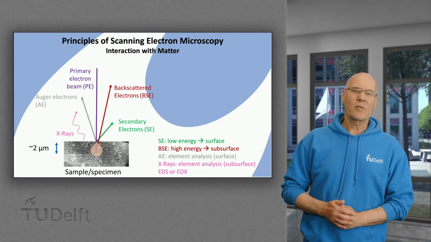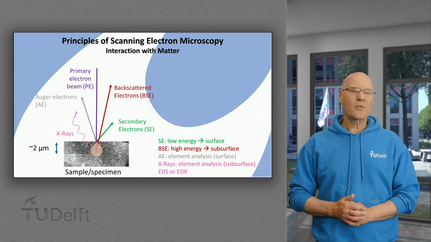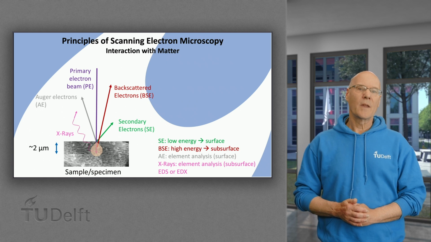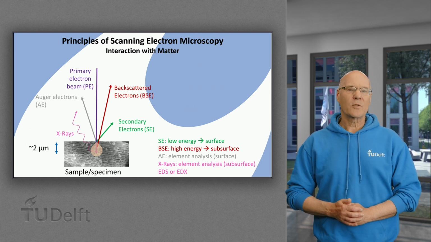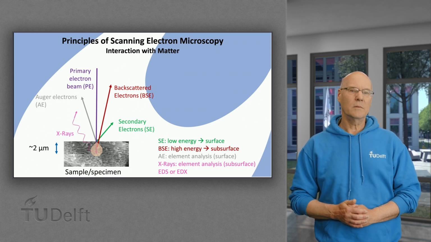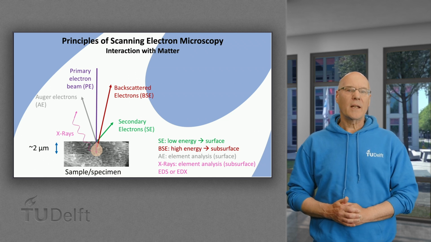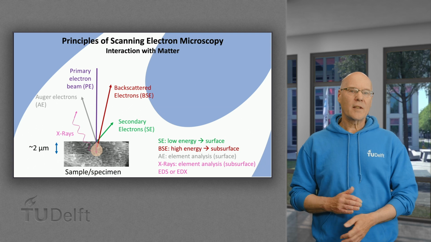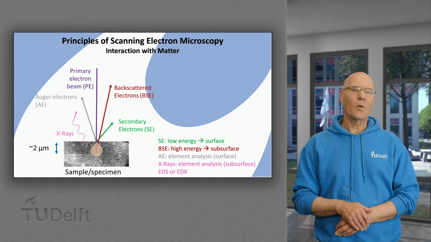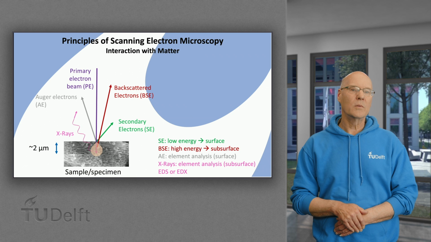The incoming electron beam, the primary electrons, touches the sample and so interacts with electrons and the nucleus of sample atoms. Direct interaction with electrons will result in secondary electrons that will be released from the sample. These then will be detected by the so-called secondary electron detector. This detector shows the surface of the sample due to the electrons' interaction with all other sample electrons, and these are everywhere in the sample.